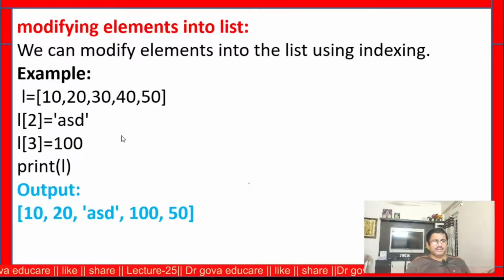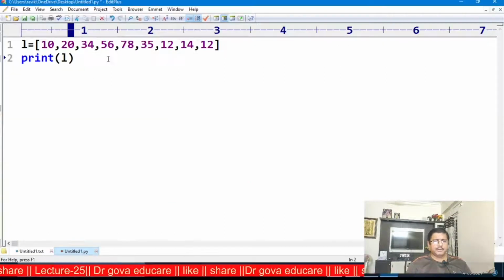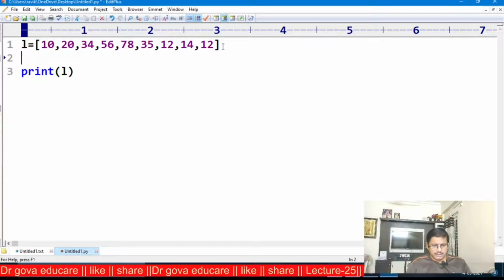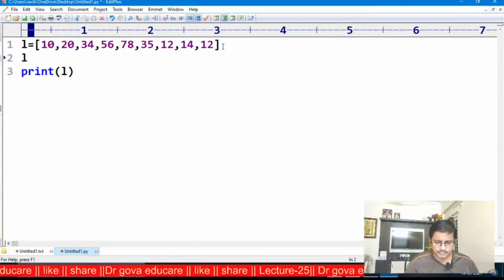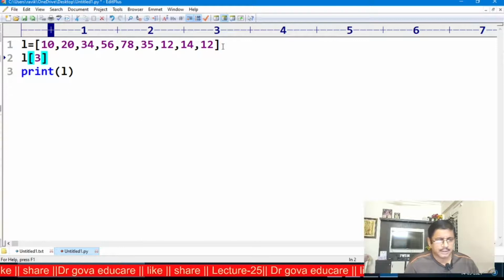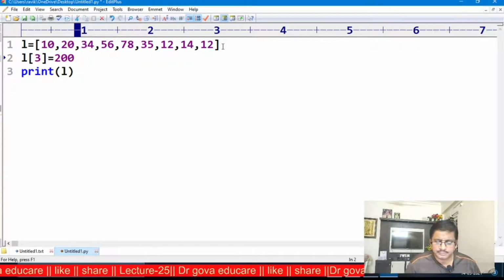Now, this is one example of mutability. We can change the elements of the list. That is, list is a mutable data type. I will show it practically. This is the list L. L of 0, suppose L of 3, I am changing this value to 200.